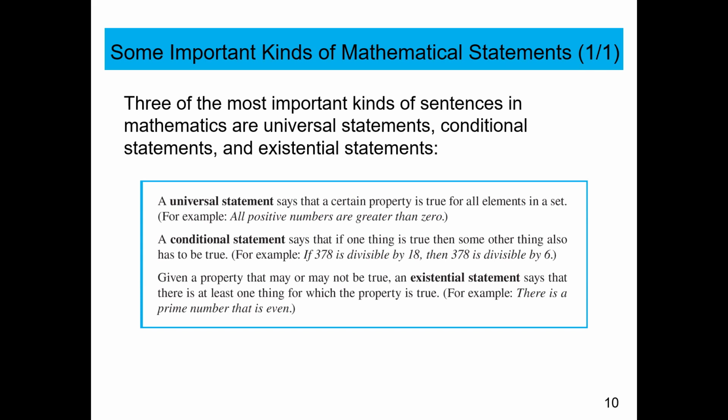So universal is everything has to be true. Conditional, if the if part is true, the then part has to be true. And existential, there's something with this property. At least one. There could be a million. I don't care. I just need at least one. So let's talk about